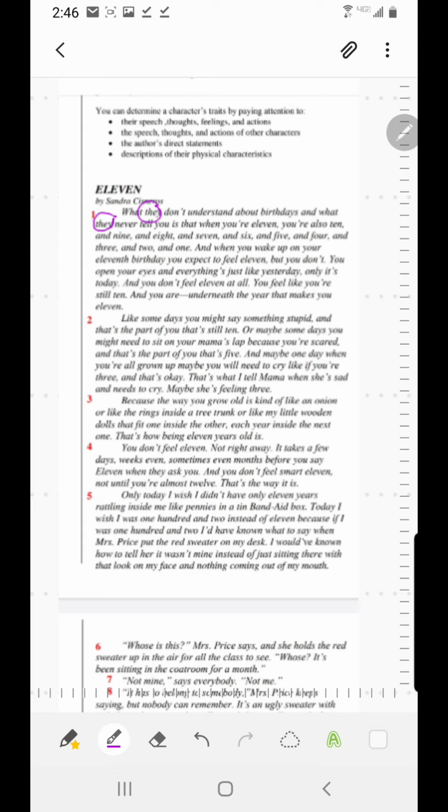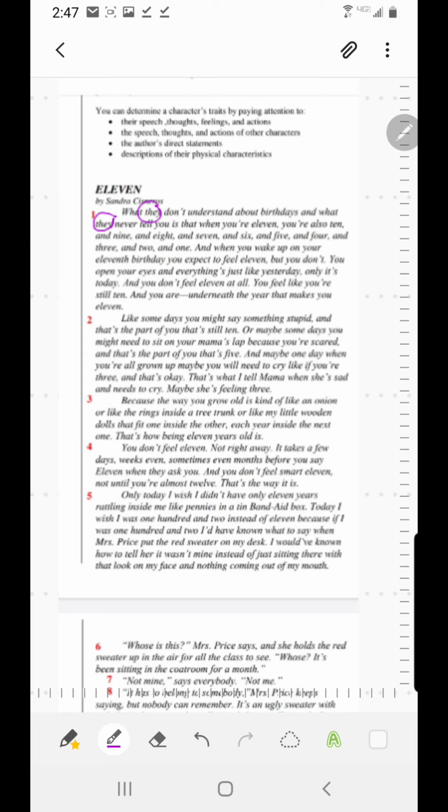So right away, we get the speaker's voice. And what I noticed throughout this piece is that the tone that's set is one that's very young and youthful, with that casual language that she uses. And then it flat out says, on your 11th birthday. So we know exactly how old she is.